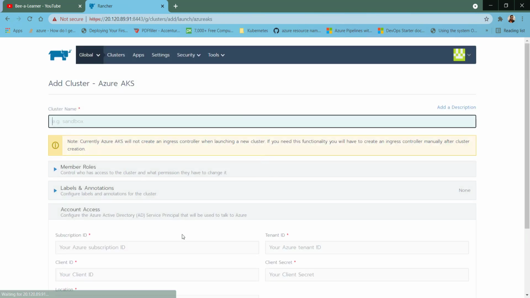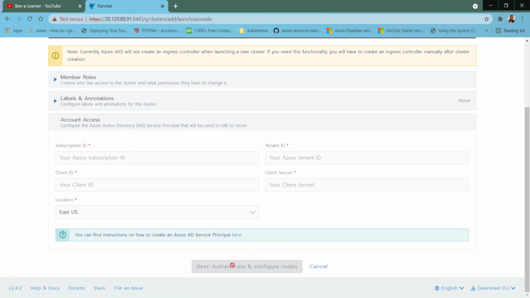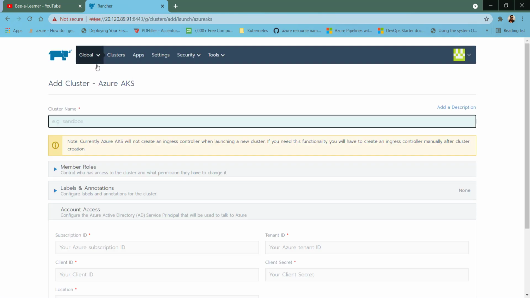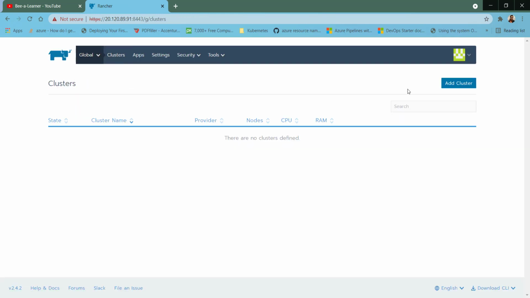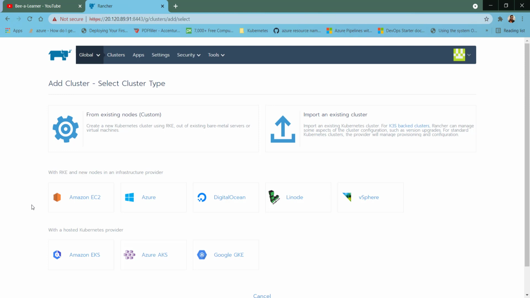Basically, right here from this particular section, you can provide all those details like subscription, client ID, and secret, which is a service principal. That will ask for the authentication, and that will basically create a new Kubernetes cluster. In our case, we already have a Kubernetes cluster, so let's see how we import the existing Kubernetes